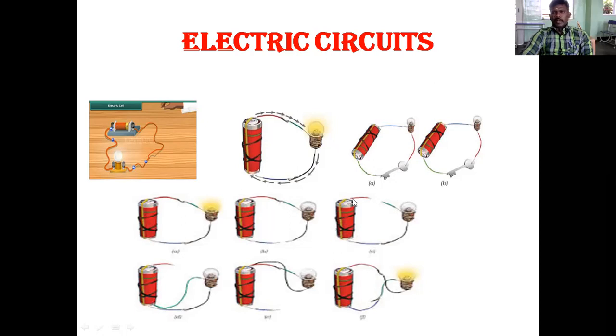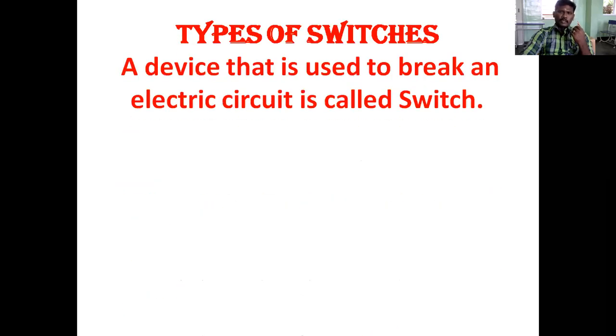Okay, so these are the simple electric circuits discussed in your textbook. Maybe in your upcoming exam, if they give you any one of the circuits like this, the question is to check whether the circuit is open or closed. Open means the bulb cannot glow, closed means the bulb can glow in yellow color. So you may be asked to check whether the circuit is a closed one or an open one, or whether the bulb will glow or not. Those things may be asked in your exams.